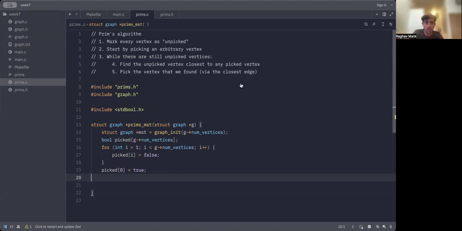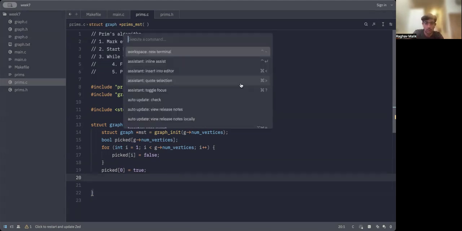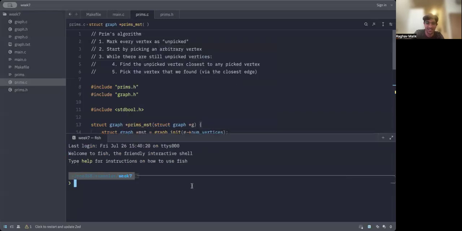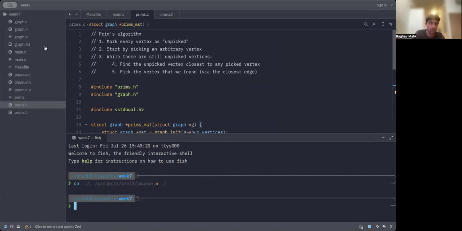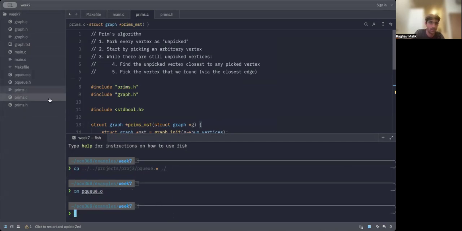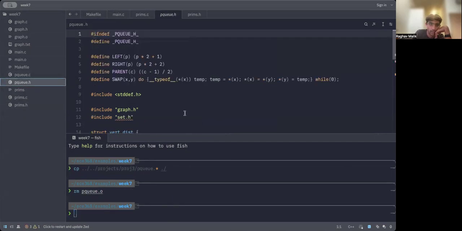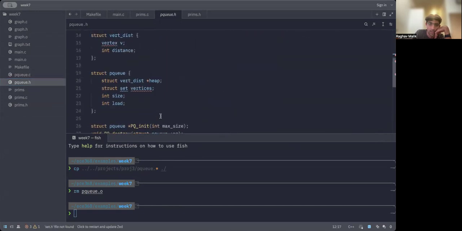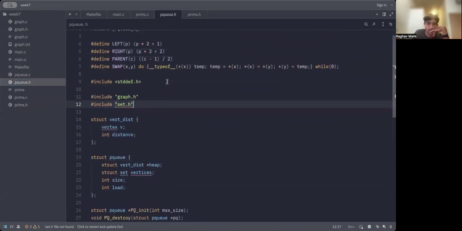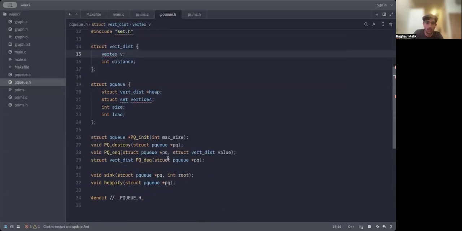Okay, so I'm going to cheat a little bit, and I'm going to steal a priority queue implementation that I made when I was trying to write project 3. Oh wait, maybe I'll cp pq dot, yeah, okay, let's grab that. And then I think, oh wait, let me get rid of the object file. Okay, so I have a priority queue here, which has a bunch of stuff that we don't actually care about for this because it was for that, but I'll